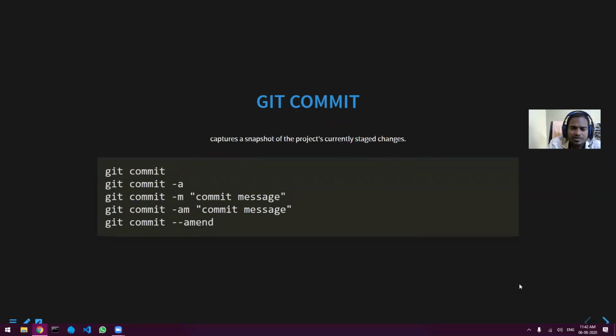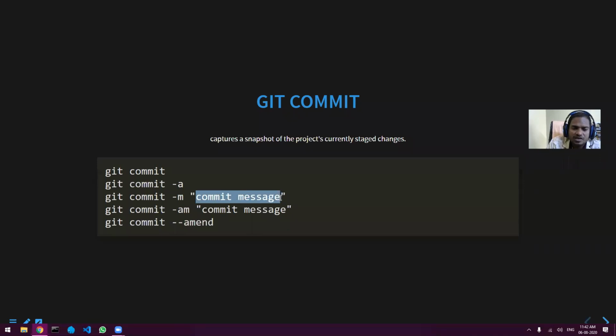Then git commit. Once the things are on the staging area, now it's time to save the things into git. For that you are going to use git commit. If you use git commit without anything else, then it will open an editor where you have to type the message manually. If you don't want that, then you can directly give the message with this flag, that is -m, with the commit message.